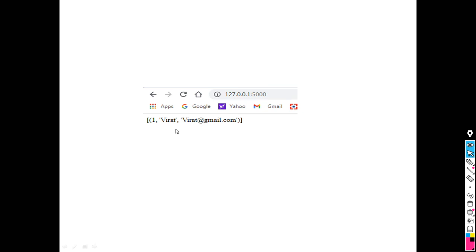In this video we have seen how we can create a table by using a Flask script, how we can insert a single record into the table, how we can insert multiple records into the table, how we retrieve all records from the table, and how we can retrieve a single record or a group of records from the table. So you do it on your own. In the next video we will see a practical session of all this, how we can actually do this part. Okay, till then, thank you.